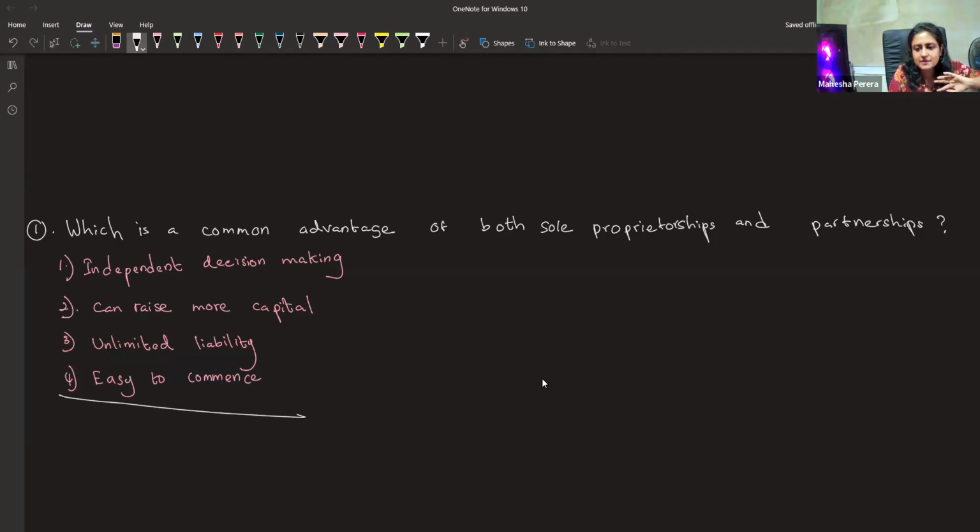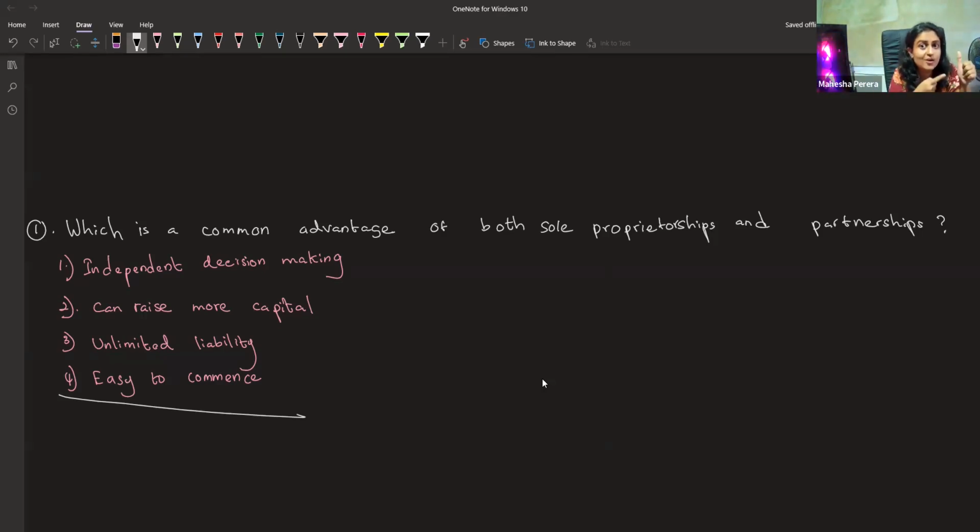පුතා මේ දෙන්නටම තියෙන advantage එක තමයි easy to commence. If someone asks you why it is easy to commence, what do you mean by commence? Start. පටන් ගන්න. පටන් ගන්න ලේසිම business දෙකක් තමයි පුතා sole proprietorship and partnerships. The reason is basically, Puta, these businesses can be started, especially sole proprietorship, with less capital. And these businesses have less legal requirements. නීතින් තියෙන අවශ්‍යතා අඩුයි. ඒ වගේම පොඩි සල්ලි ප්‍රමාණයකින් උනත් ටක් ගාලා පටන් ගන්න පුළුවන්. ඒ නිසා තමයි මේගොල්ලෝ easy to commence.